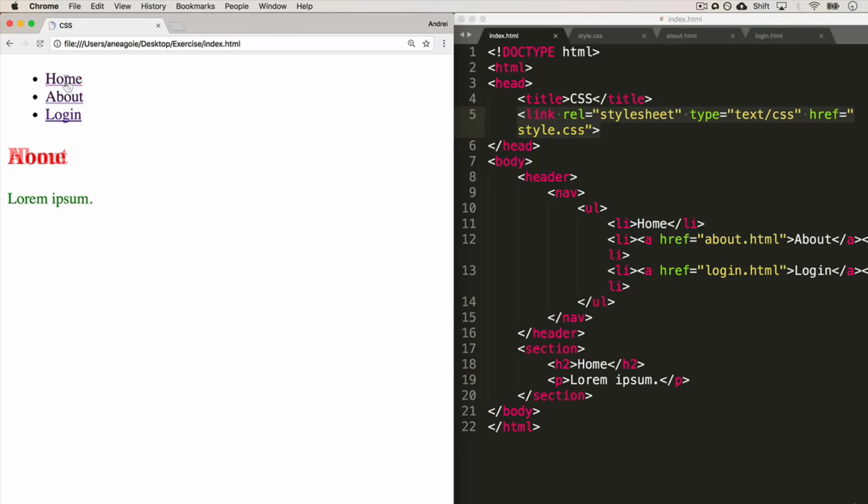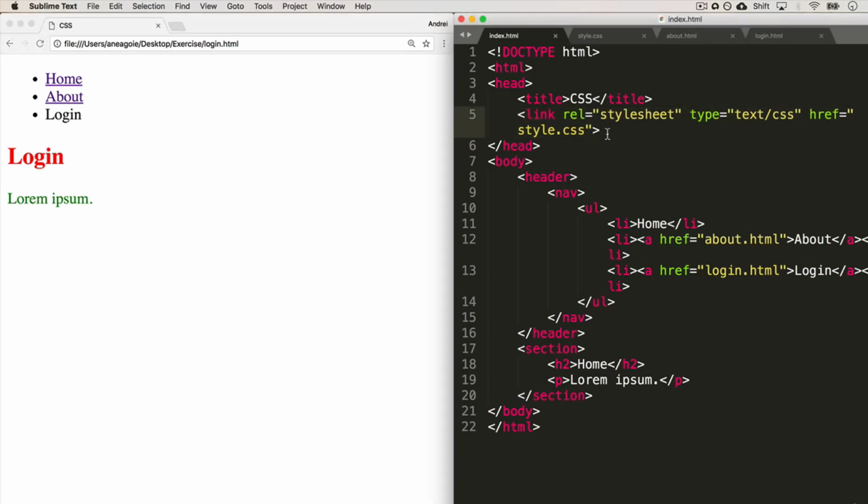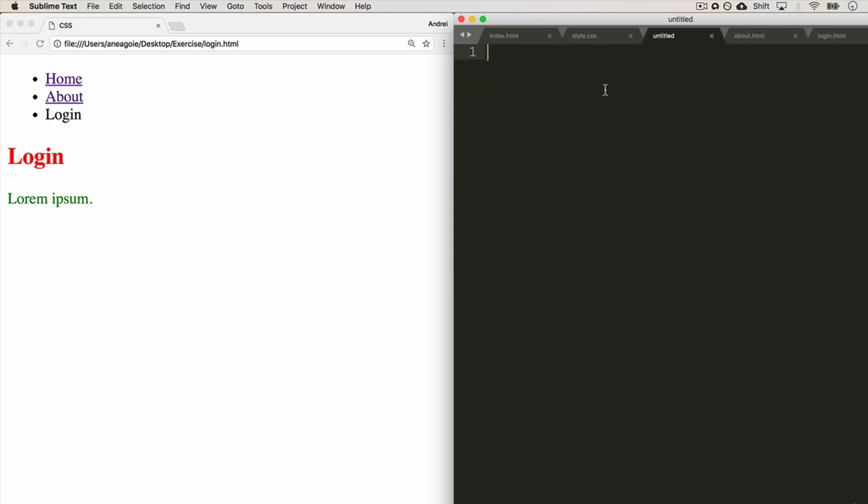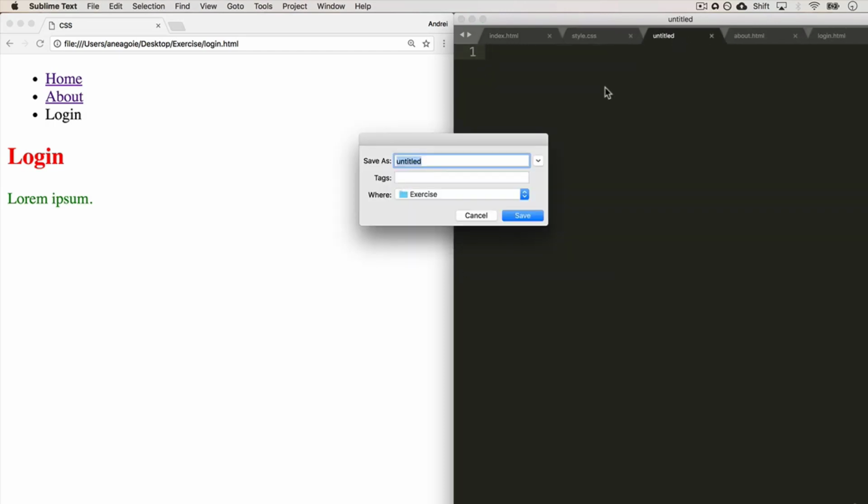And you may be wondering, well, what if I want different styles maybe for the login? I want this to be blue instead. Well, we can actually create multiple style sheets. So I can say, for example, let's create a new file, and we'll call it